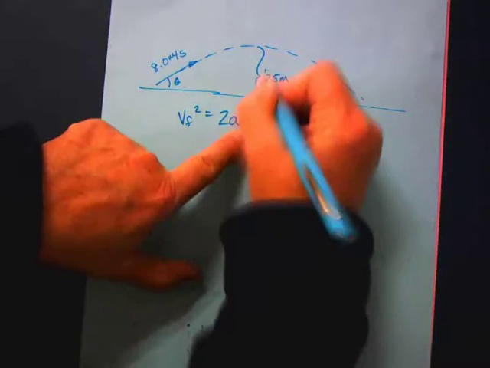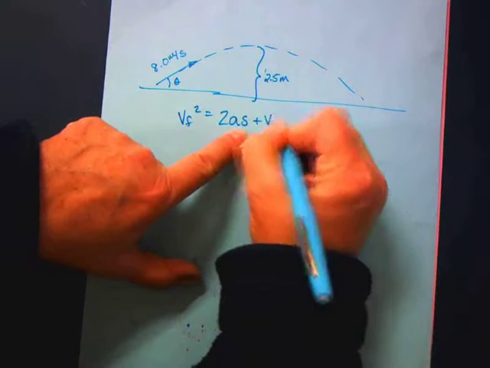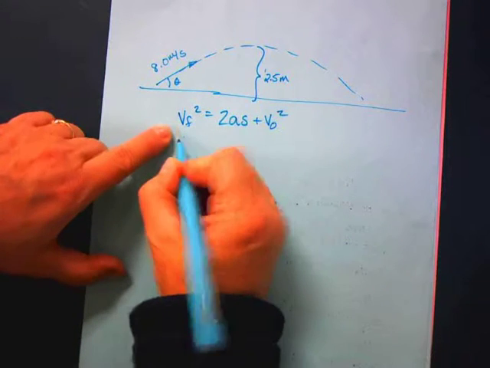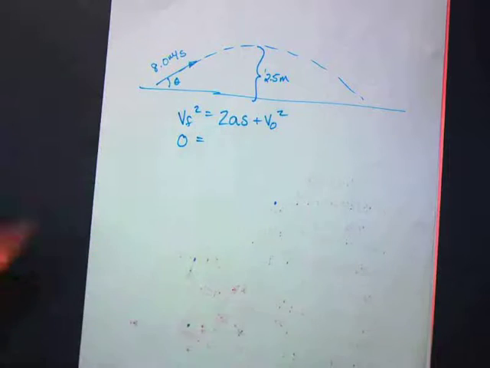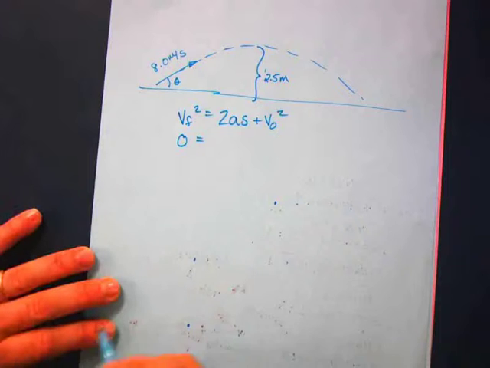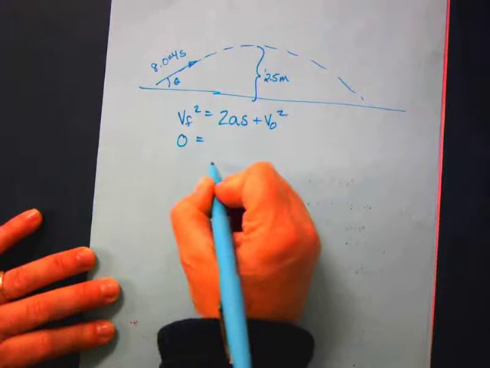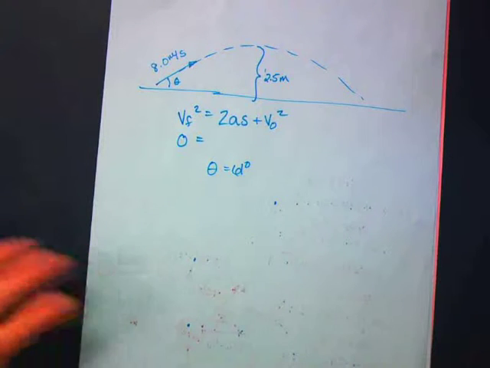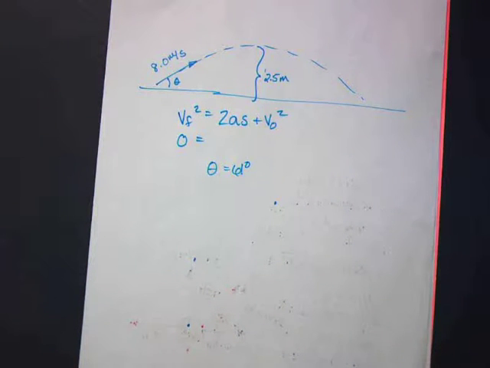Okay, here's what we're doing. Final velocity at the peak of flight equals 2 times gravity times the height, which we know, plus initial velocity squared. So we said this is what at the peak? Zero vertically, right? So try that. See if you can solve for theta doing that. The answer is, just 'cause it'd be good to work your way toward the answer, the answer is 61 degrees. I'm gonna see if I can pause the recording and then